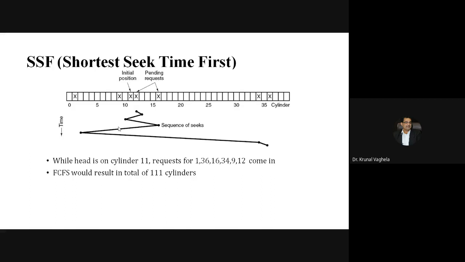Now if you look at the first come first serve approach, it needed the cylinder movements we calculated earlier. Now can you calculate how many seeks are required for shortest seek time first? Because I have given the example. First from 11 it will go to 12, so 1, plus it will go to 9, so 3, 1 plus 3, something like that. Can you calculate the number of cylinder seeks required for shortest seek time first?